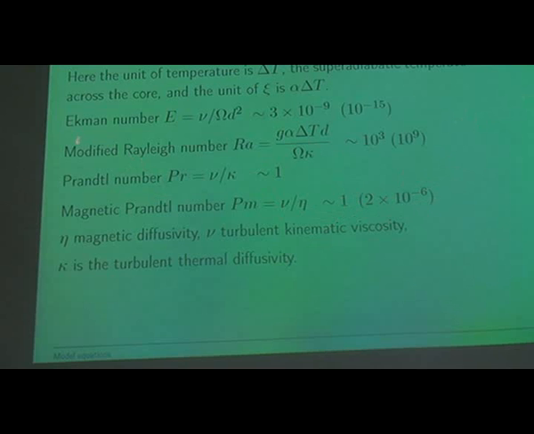Okay, so I've got the Ekman number. As I said, it's always going to be much bigger than the real Ekman number in the core, and indeed the computational Ekman number will be even bigger than that. As I said, it's really hard to get down much below 10 to the minus 6. Most computations are done in the 10 to the minus 4